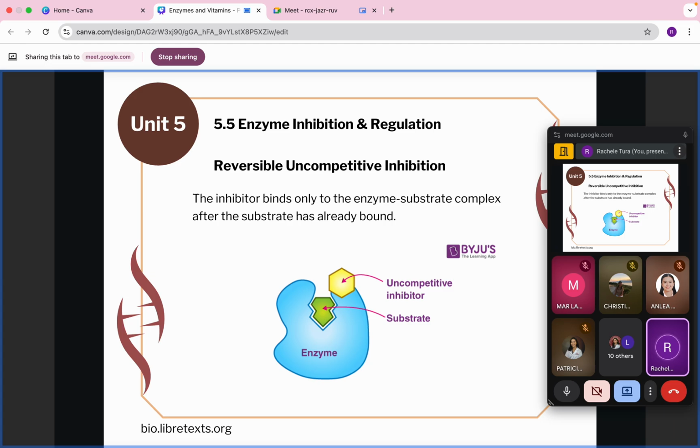Now let us briefly discuss uncompetitive inhibition. This happens when the inhibitor only binds to the enzyme-substrate complex. So here we have that